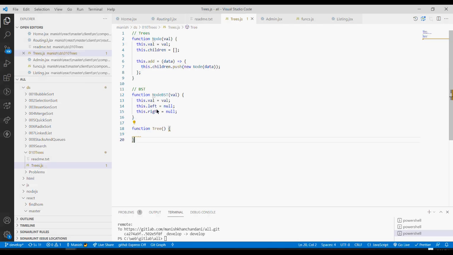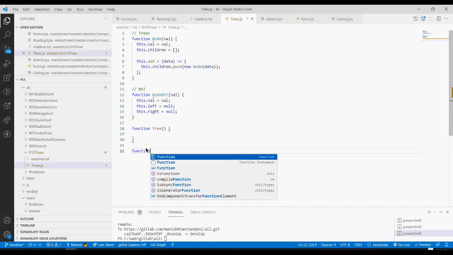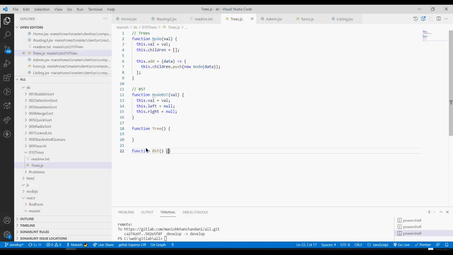Now for the binary search also, I will create another function for doing all the manipulations on the binary search tree. So I'll say BST. Okay, so let's try to do first here in the tree, and then we'll go to BST. So in the tree,